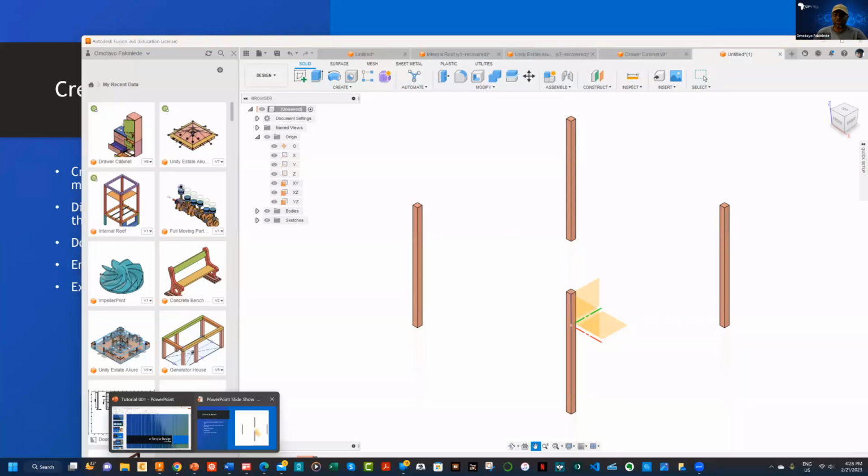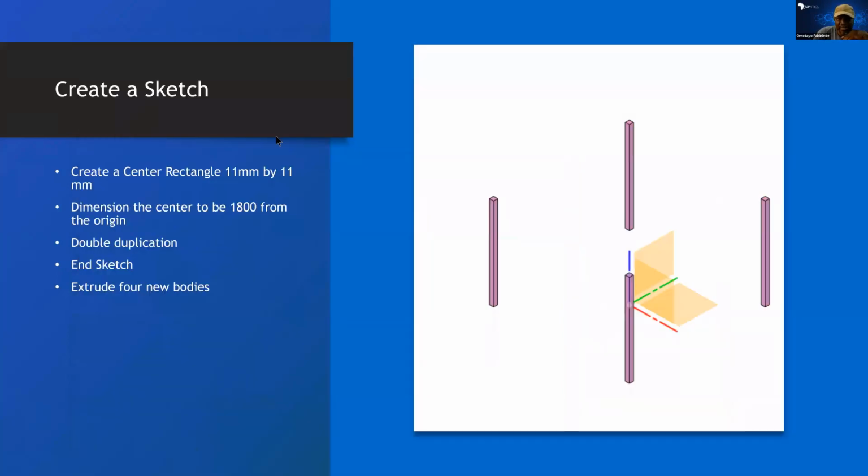Okay, so let's go back to the PowerPoint presentation now. So you can see that we can create a sketch here. We have gotten this result by creating a center rectangle 110 millimeters by 110 millimeters, then dimension the center to be 1,800 from the origin. Then a double duplication: you duplicate along the y-axis, and then you duplicate both the original and the duplicate along the x-axis. That is how you turn from 1 to 2, and from 2 to 4 profiles. And you can make your extrusion pillars out of them. So you extrude